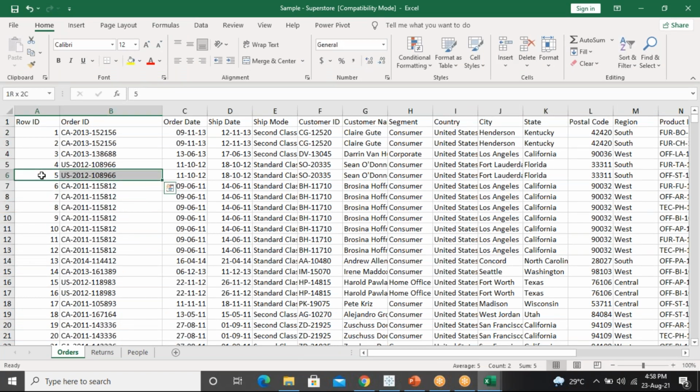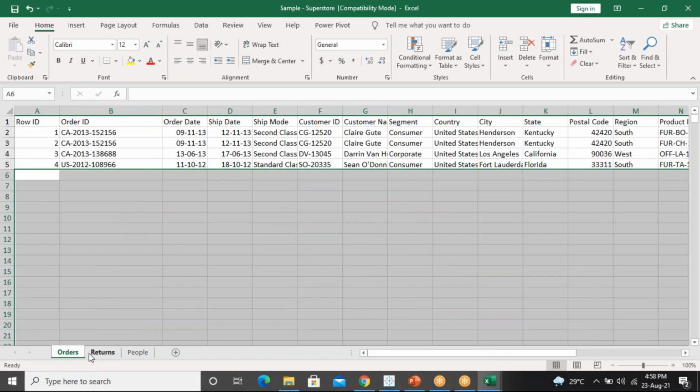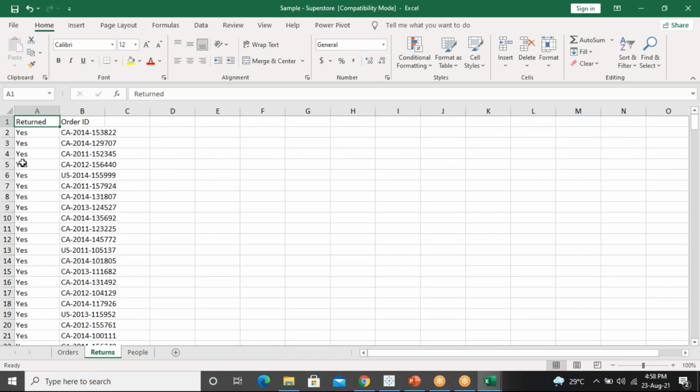I deleted all from the orders and the returns also, leaving only 4 rows.